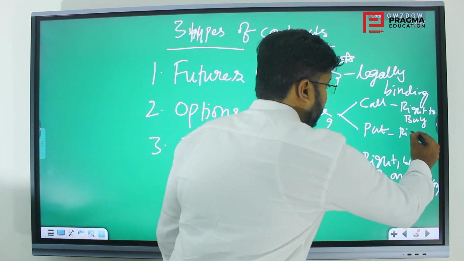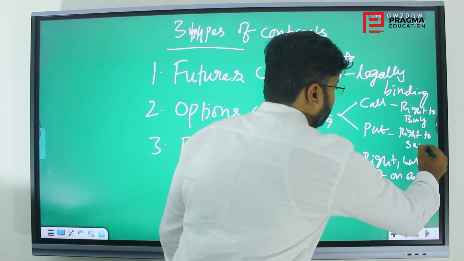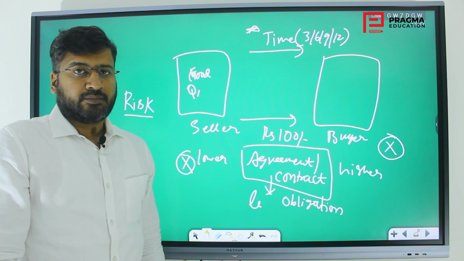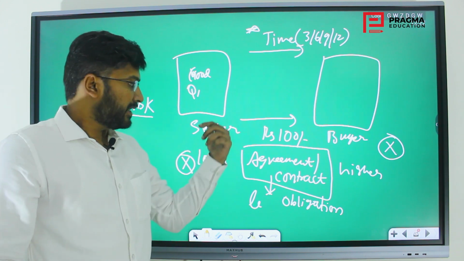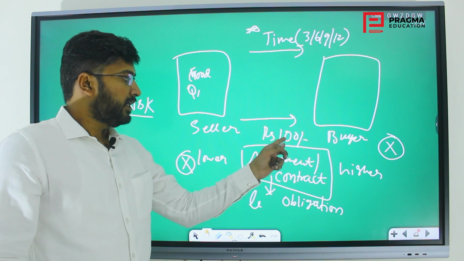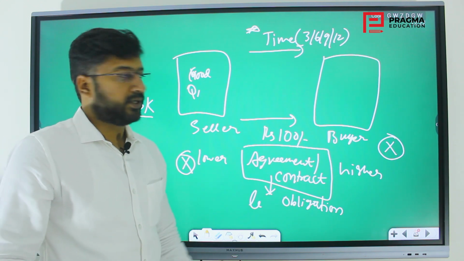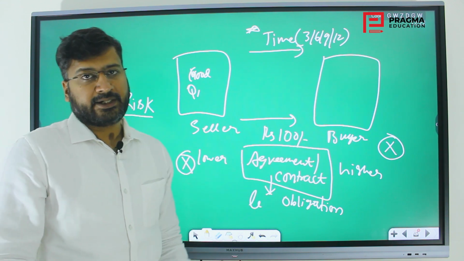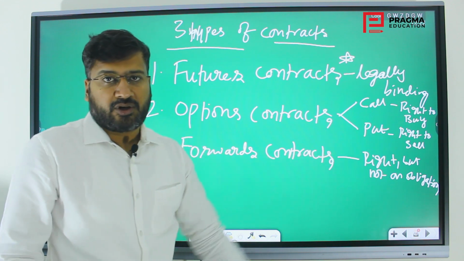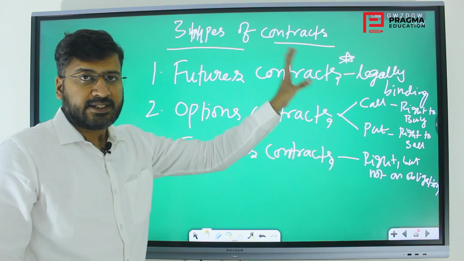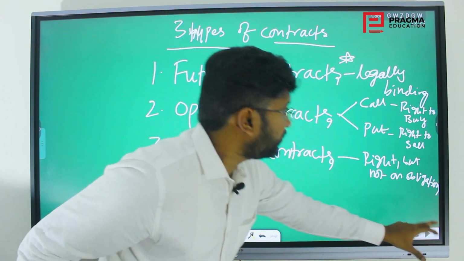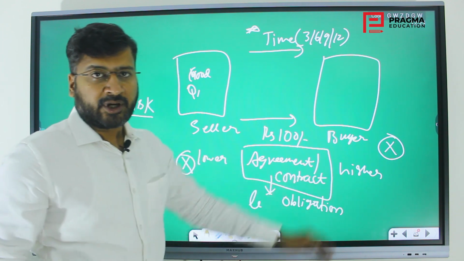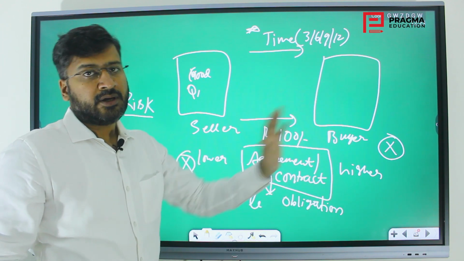And put is the reverse, the right to sell. The seller says no, you will have to buy this because the prices have gone lower, as this guy has speculated, and he will be making profit if the agreement is executed. And even if the buyer says no, he will have to buy it. So that is put options contracts. In a nutshell, this is the concept, the risk associated with it, and the two extremes. One is legally binding, the other is a right but not an obligation, and in between we have call and put options.